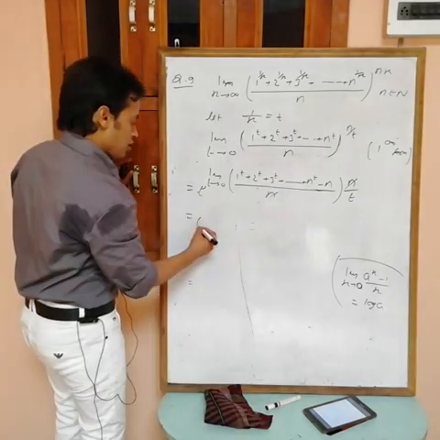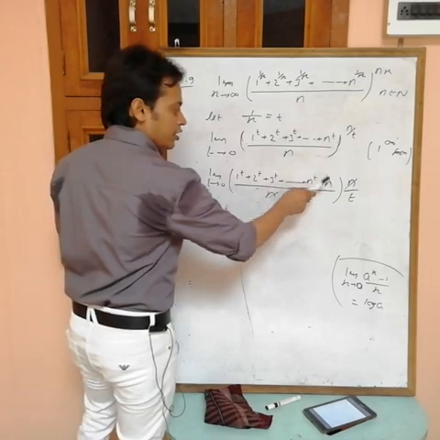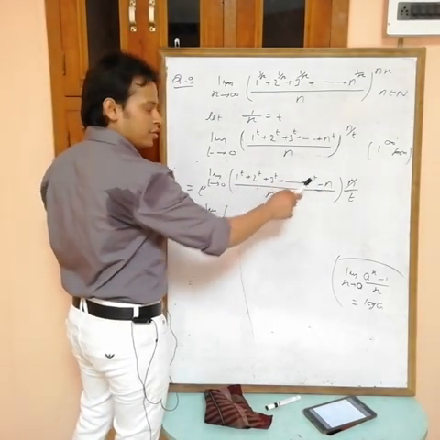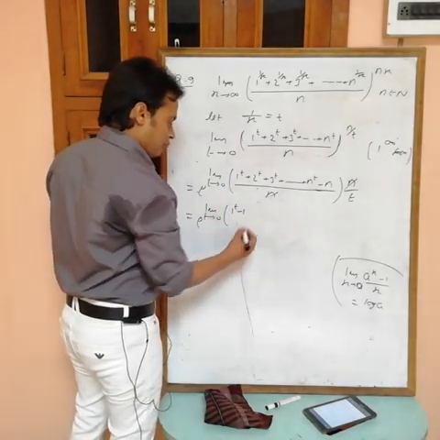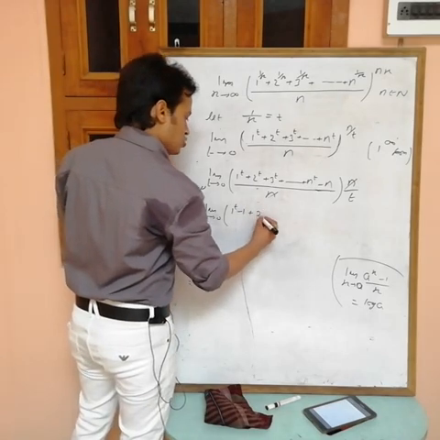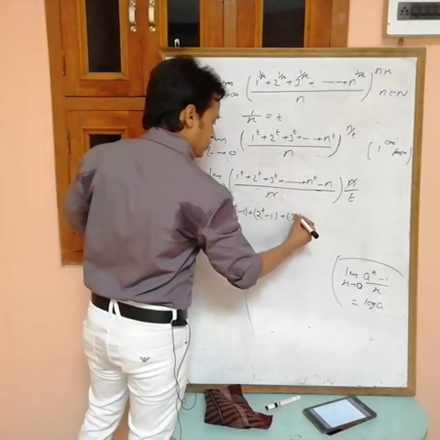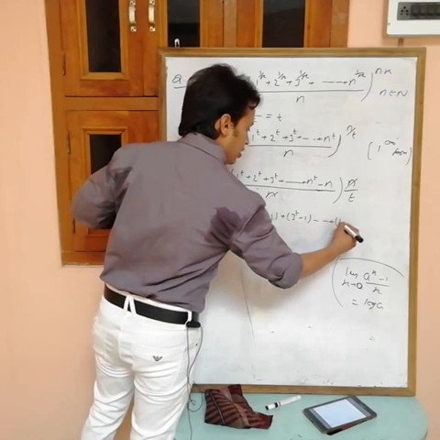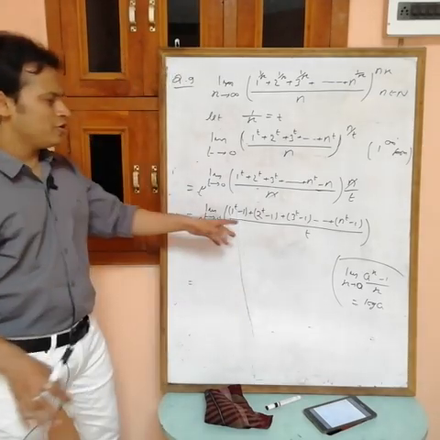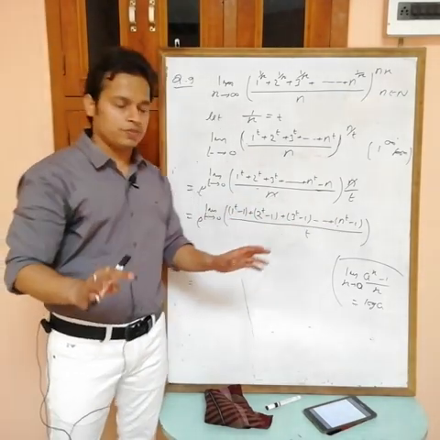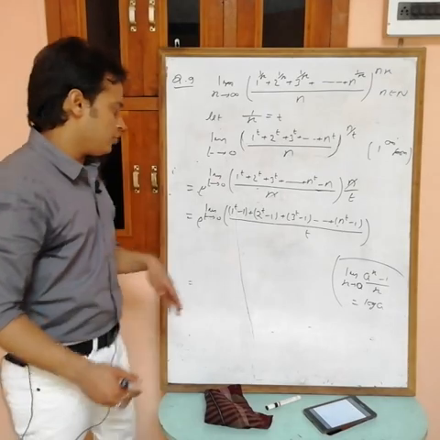See, e power limit t tending to 0. Here we have n minus n, and these are also n. So I can write minus 1 with each term. So 1 power t minus 1, plus 2 power t minus 1, plus 3 power t minus 1, at the end n power t minus 1. In the denominator we have t. Check, same thing or not? Denominator is same. This one plus this one, same thing. Minus 1 n times is minus n. Okay, same thing now. Divide t with everything.